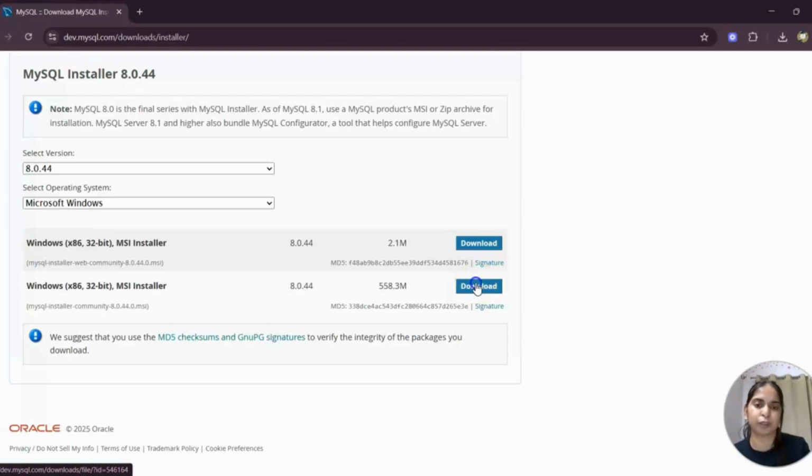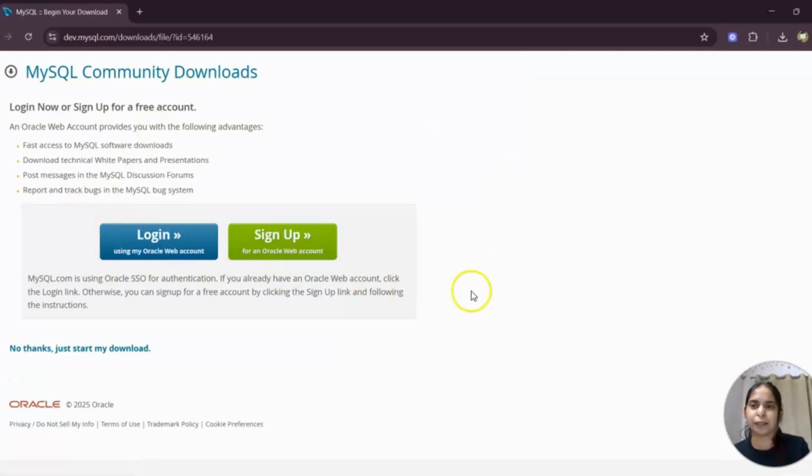So you just have to click on download, and then on this page they will ask you to log in or sign up. For that you just have to click on no thanks, just start my download. And then after that you just have to follow everything, keep all the default settings and install your MySQL and MySQL Workbench both.